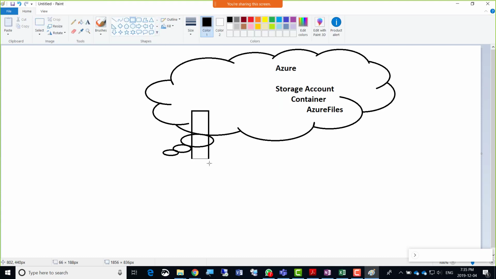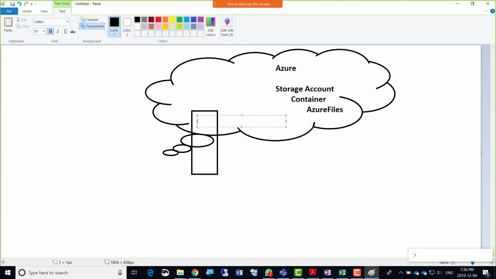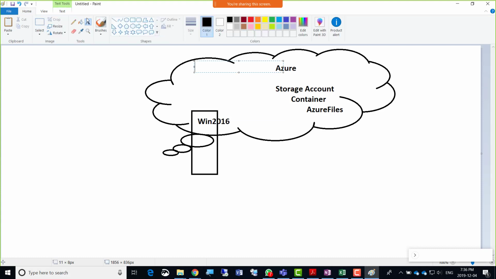When you create an Azure virtual machine, that is Win 2016, then you will be connecting this Azure Files to that Windows 2016, and you should just map it. And that's all that you need to do in this question. So it will just meet all the objectives here. Now that's what I'm doing.